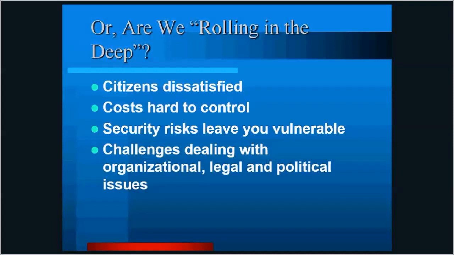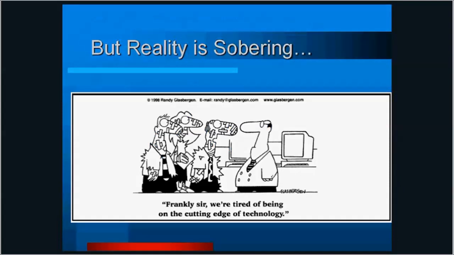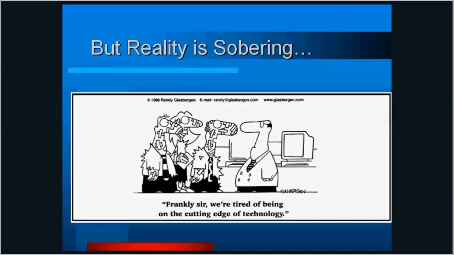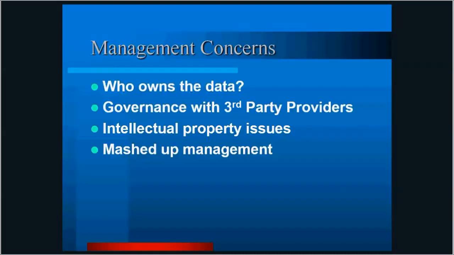So these are things that make it really hard and make us more sober about the reality of building a system. We've got technology constraints, legal constraints, political constraints, organizational constraints that we have to really consider. So the reality is very sobering. And I imagine many of you have felt this, especially if you are in the IT group or the computer group of your local government. You get it from all sides when you start building new computer systems. My background is in systems analysis, and I've built lots of systems, and I really empathize with that. So you've got these concerns,